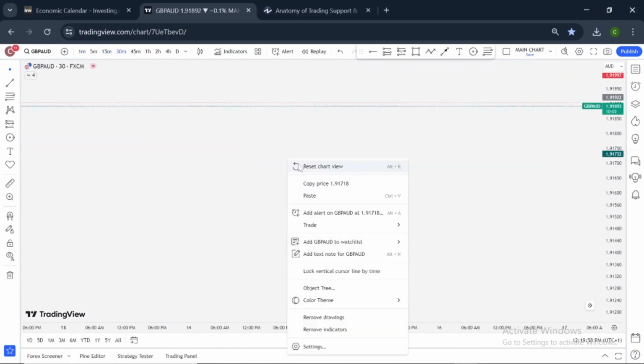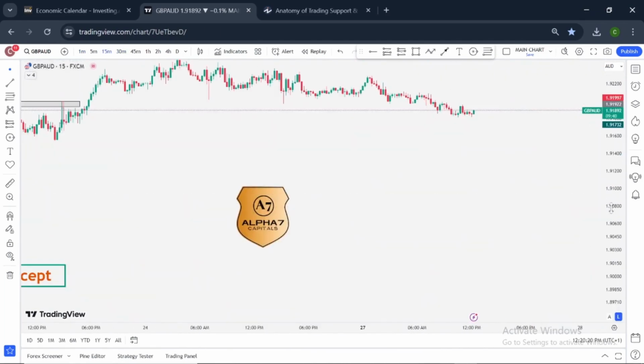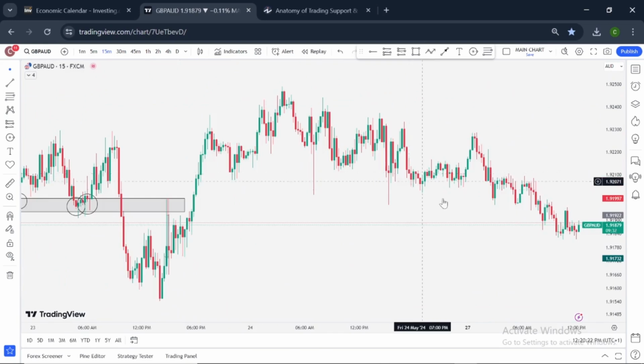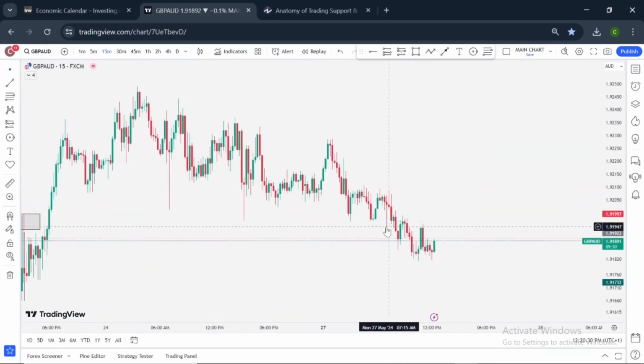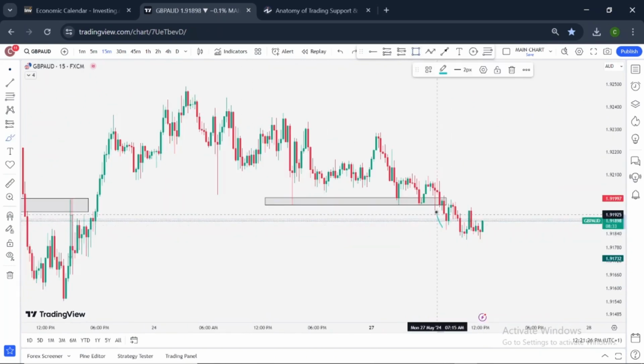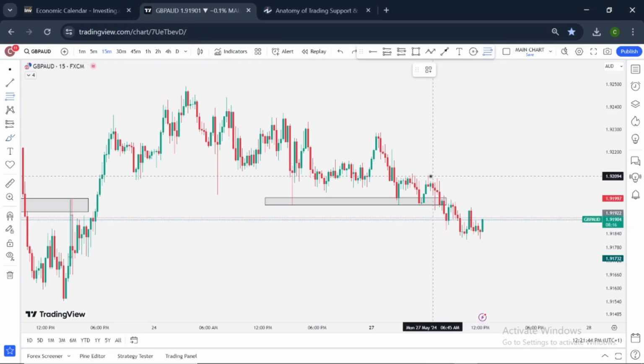So let's go back. We were on 30 minutes. If you observe carefully here also, you will see that we have multiple weak rejections here. So what do we do? This is a key level. We mark out. This is the breakout below the key level. So it's very clear. So after the breakout, then we have to measure, is our breakout valid or is it just a fake out to play with our intelligence. So from our swing high, mark to our swing low,